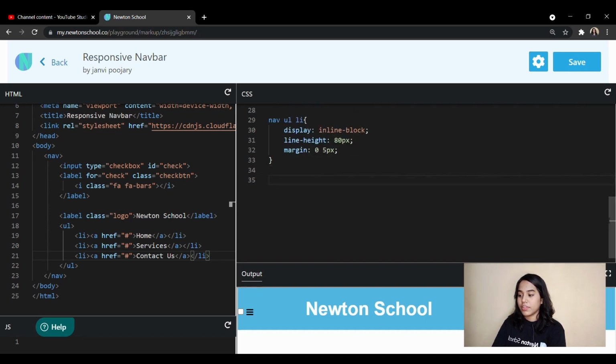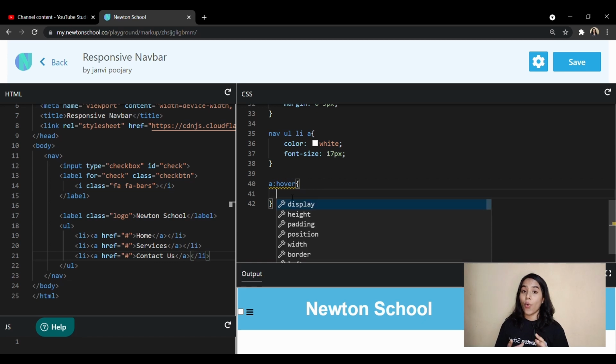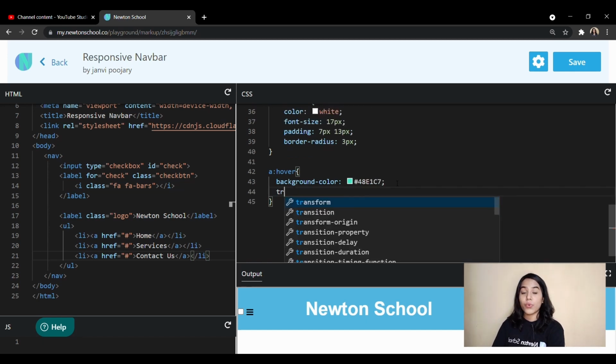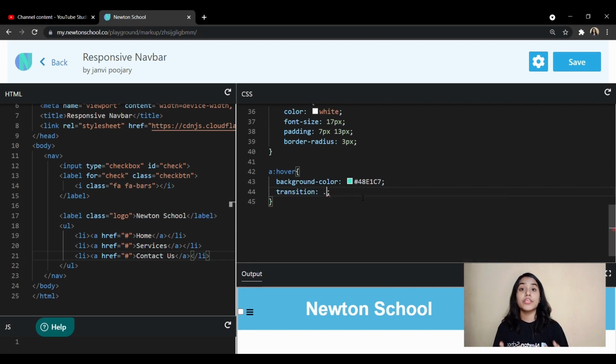And let us change its color and font size. Now whenever somebody hovers on our menu, its color should change, so that is why let us give it this color, and also it should do that process very smoothly, and that is why we will be using transition.